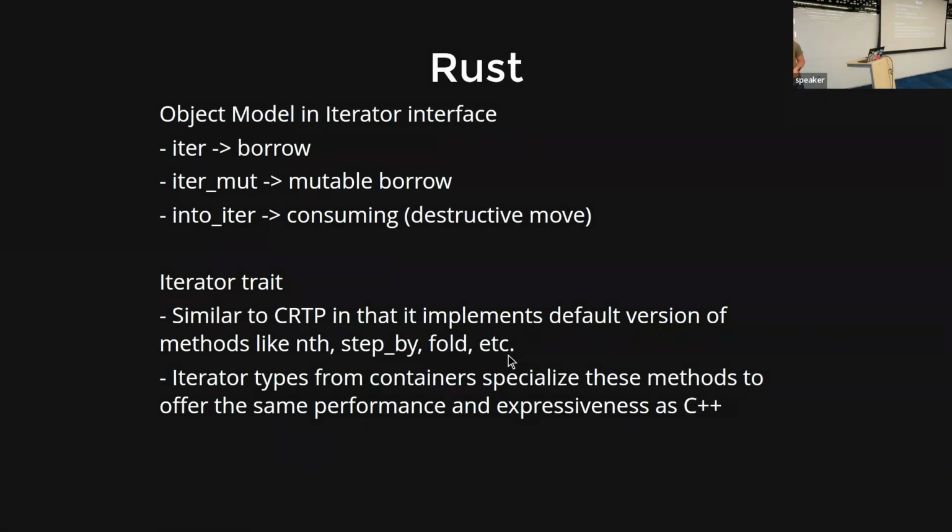One that I find annoying is kind of similar to the C++ one. It has three colors of iterators, similar to all the basic problems. For every iterator, you have to implement three different types: one that is immutable, one that's mutable, and one that does destructive moves. And the last little bit there is that the way the trait system works, it does the same thing, where you can separate incrementing and dereferencing in the cases where that is optimal for your algorithm, and where it's feasible given the container type you have. Anyway,